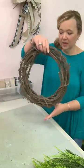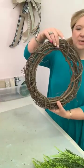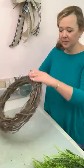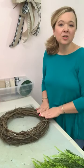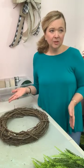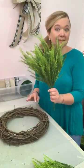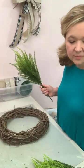It's real popular. All right, so here's what I'm gonna do. This is my top right here, okay? I'm gonna lay it down on my table so that the top is close to me, and I'm gonna build going out like this. This is just what works for me, okay? So the first thing I'm gonna do is I'm gonna get one of my bushes, give it a little shake, okay? And I'm gonna grab